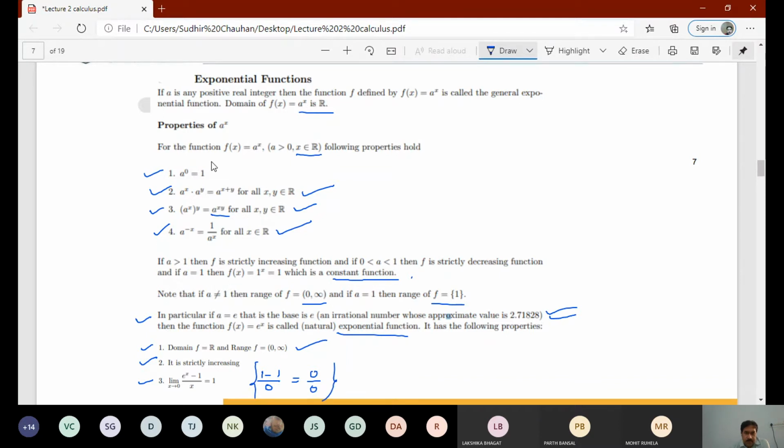So if we get this form 0 over 0, we can separately differentiate numerator and denominator, and then we can evaluate the limit. So we differentiate, it is e raised to power x upon 1, and then we can put the limit x tends to 0. So it will be e raised to power 0, that is 1. So in that way we can find this limit.